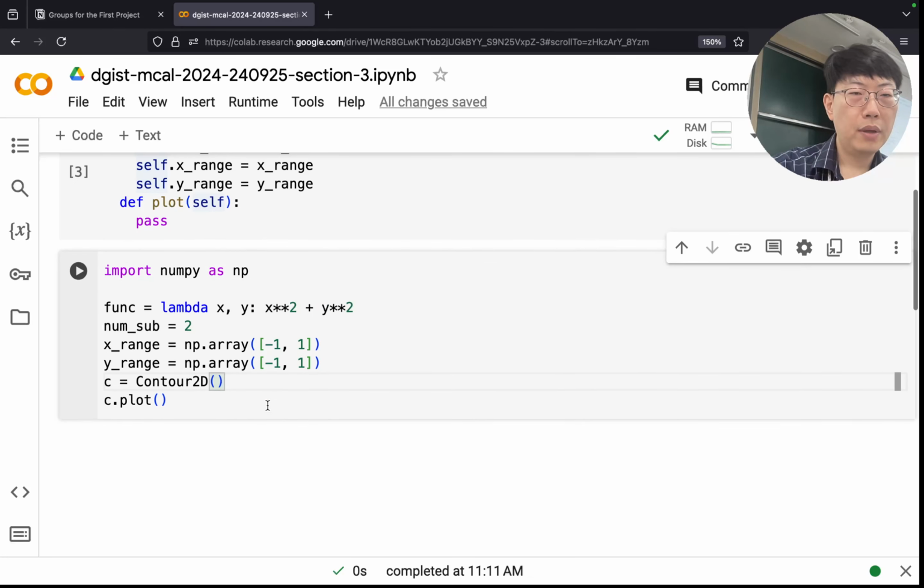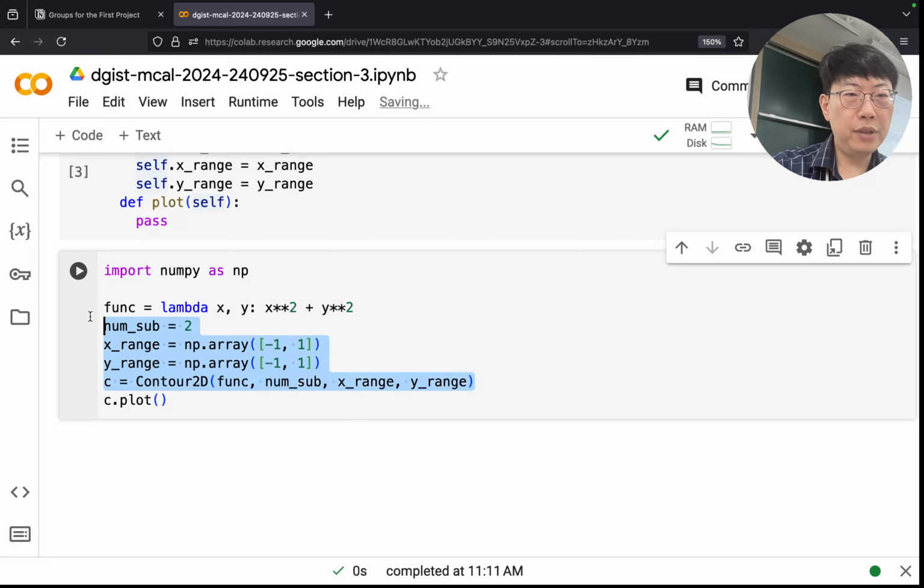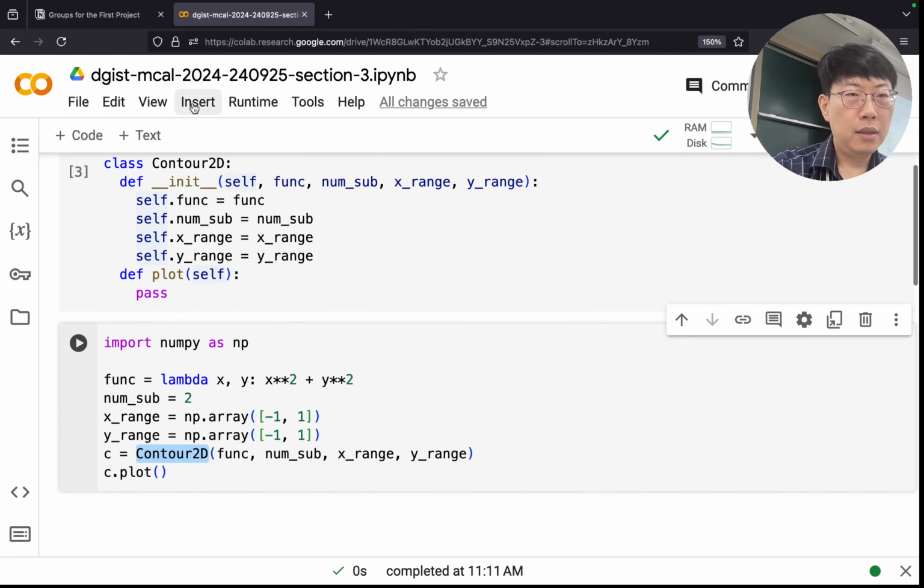Okay, so when I create Contour2D, I want to put all this information in the right order. So y range. Okay. Plot. Okay. So at this moment,